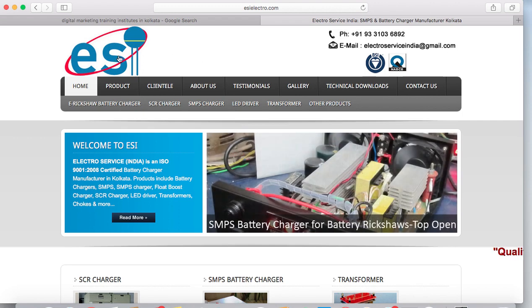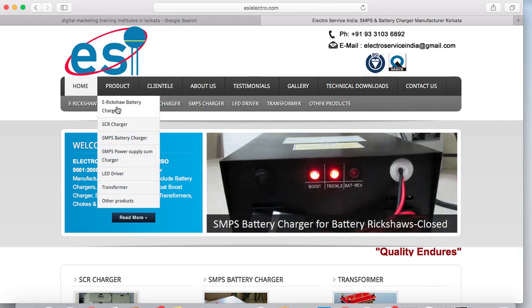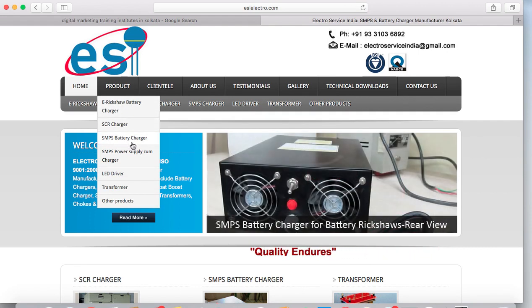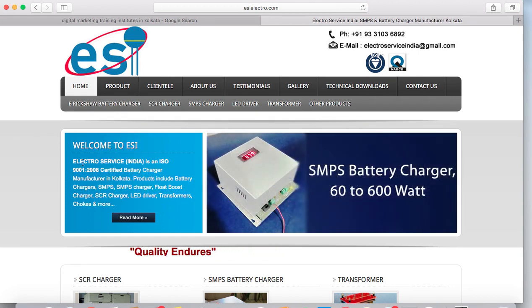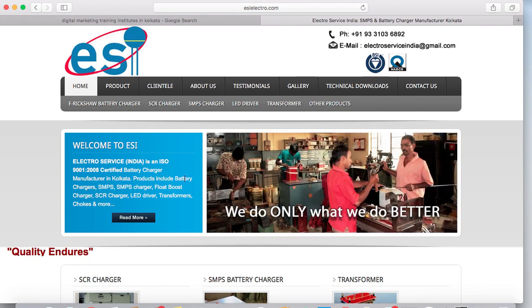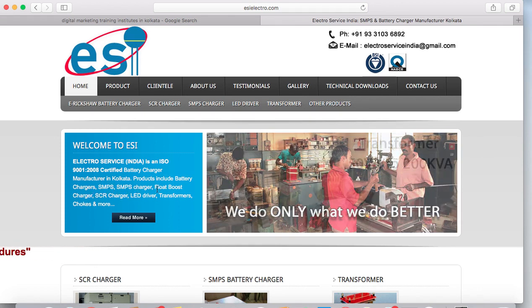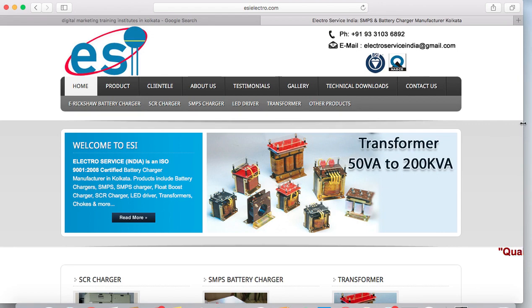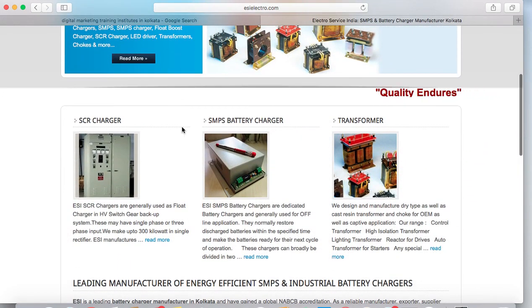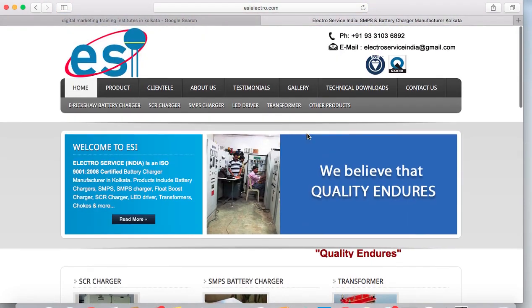So we see from the page itself that they have written the products here. We see the battery, e-rickshaw battery charger, then SCR charger, then SMPS battery charger, transformers, LED driver. And if we look here, we see battery charger manufacturer in Kolkata, products include battery charger, SMPS charger. So from the very first glance, we can see that they are mostly focusing on the battery charger. So what we need to do,